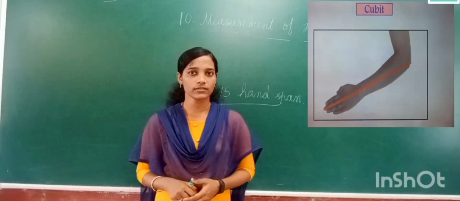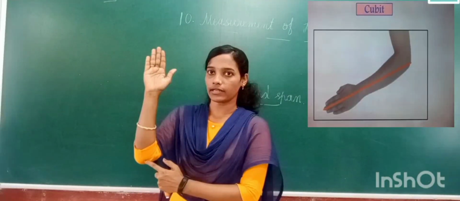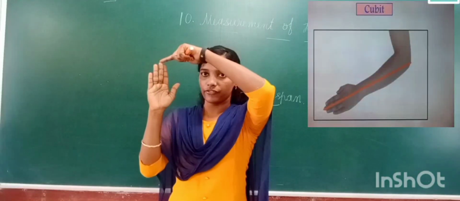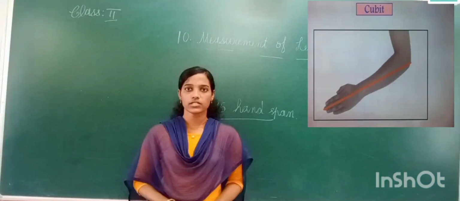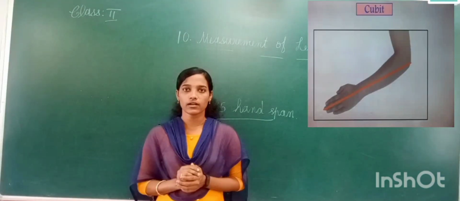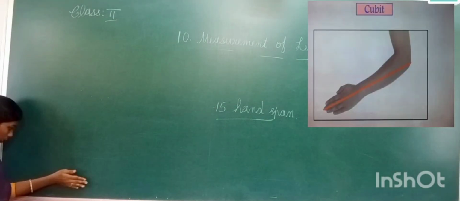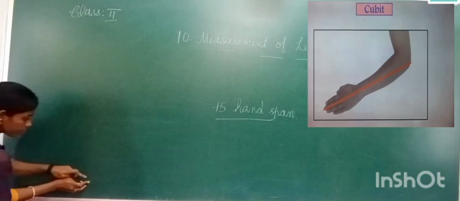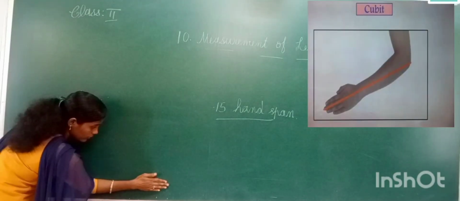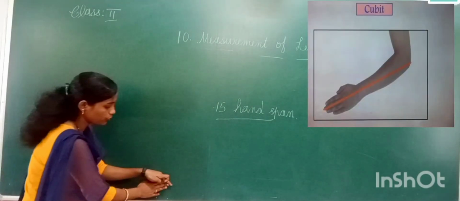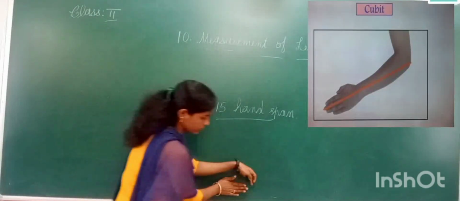How long is a cubit? Well, if you start from your elbow and it ends at the edge of your middle finger, this entire length is a cubit. Now let us measure the length of this board using our cubit. So I will place my elbow here and from here to here this is 1 cubit, then I will mark it here, and from here to here this is 2 cubit, then I will mark it here, and 3 cubit,